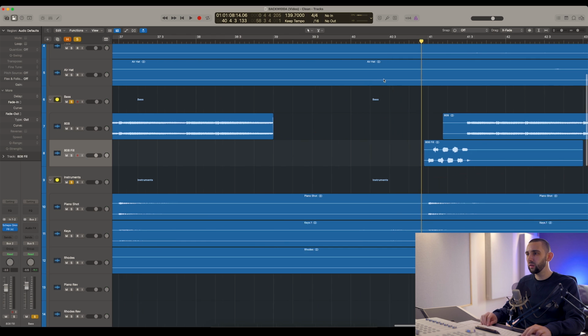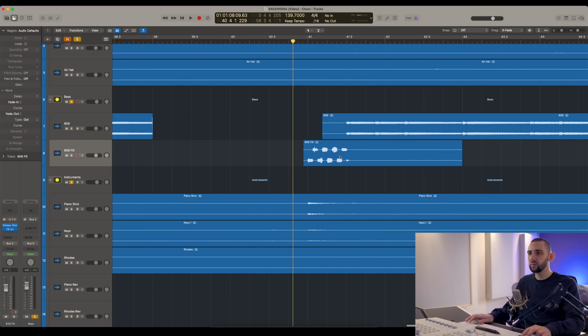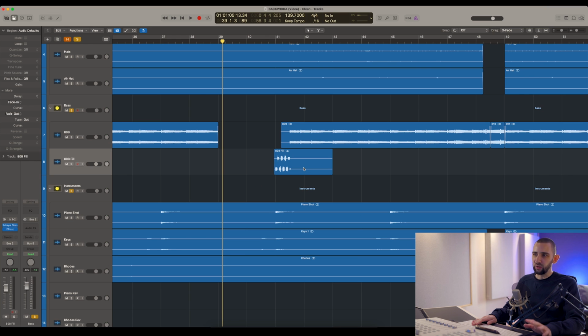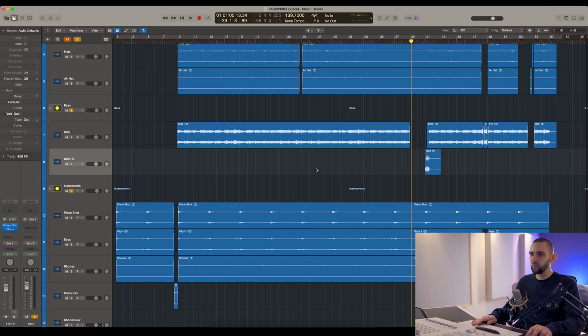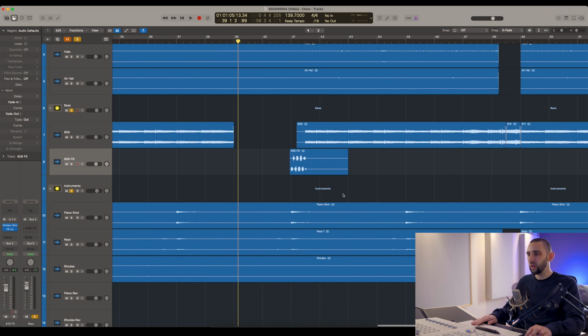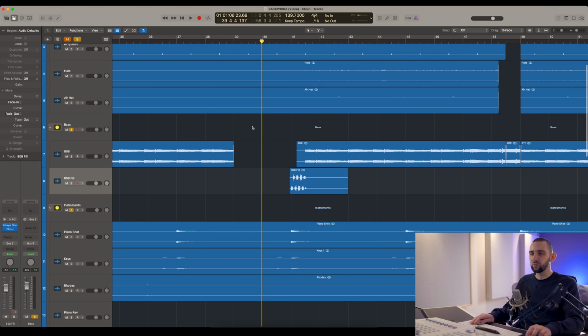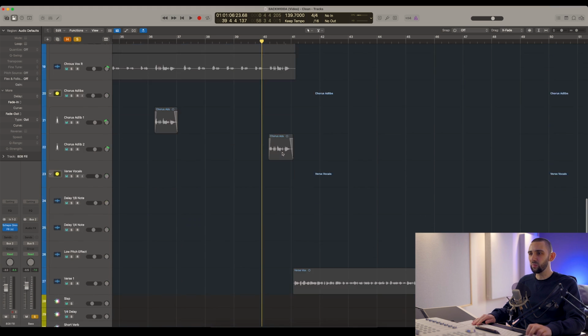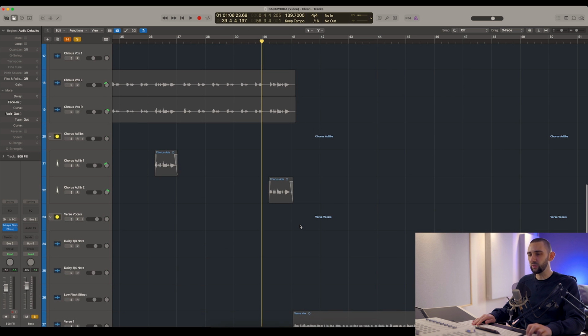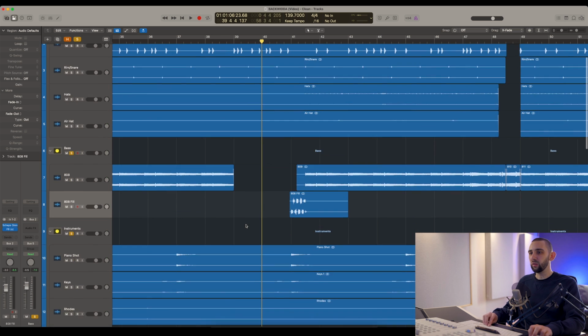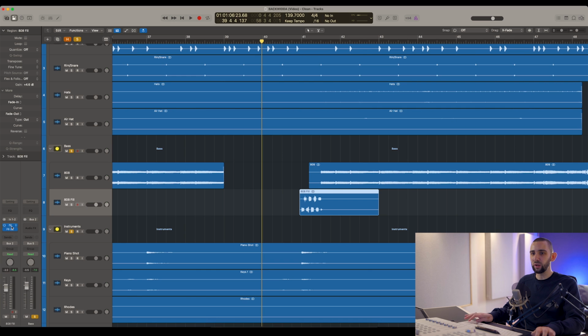So there's this part here with this 808 fill. Now, I really like parts like this in a track, particularly when the beat is quite straightforward, quite laid back. To add little elements like this, it really helps to break up the song, and combined with what's going on in the track, which we'll get to in a little bit with the vocals, you'll hear how it has an impact on the song. All I did with this,